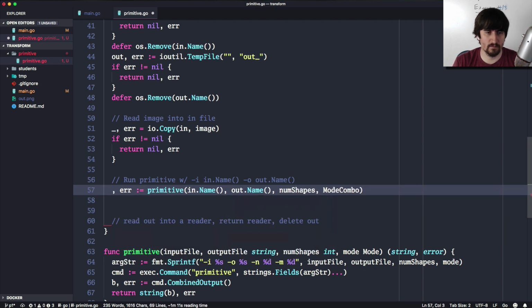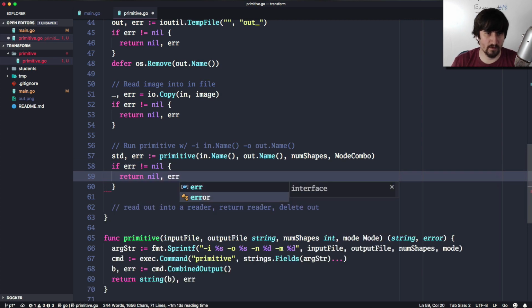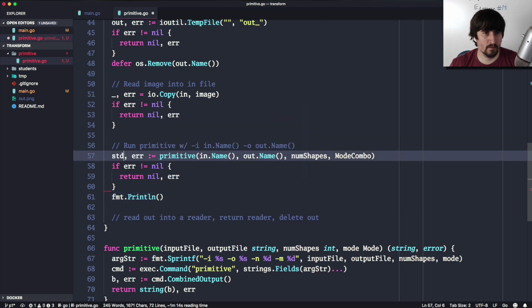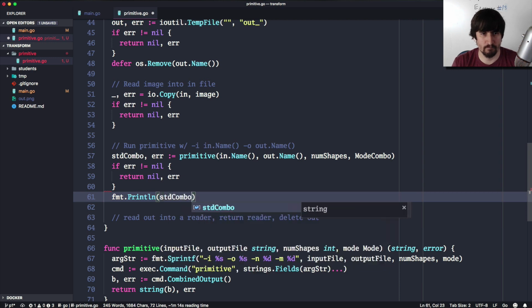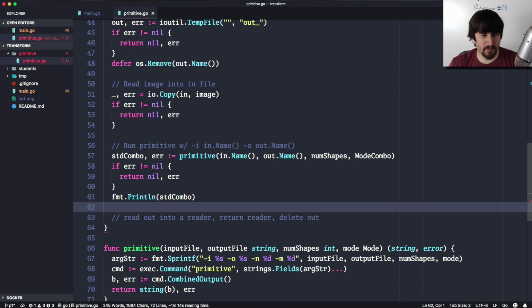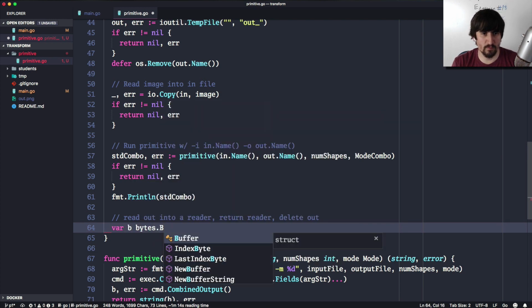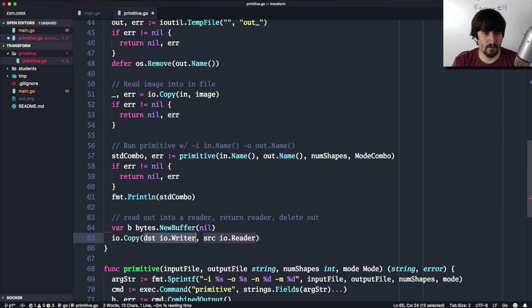Actually, I'm going to call it std. It's fine for standard. Then we're going to go ahead and just do if error is not equal to nil, return nil, comma error. Otherwise, I'm going to go ahead and print out whatever was in the standard combo. And then once we've run this, we want to read whatever's in out into a reader. So I'm just going to use var b bytes.NewBuffer, I think is what I want. And then I'm going to do io.copy from